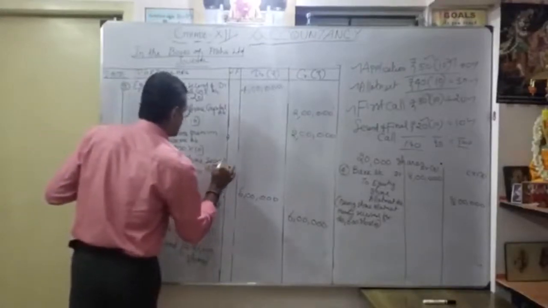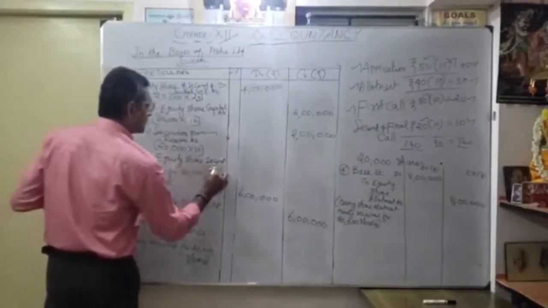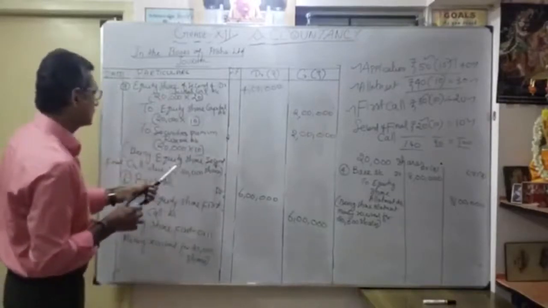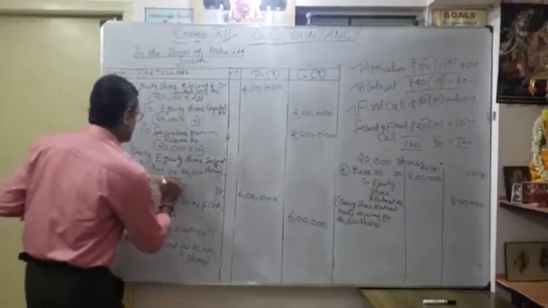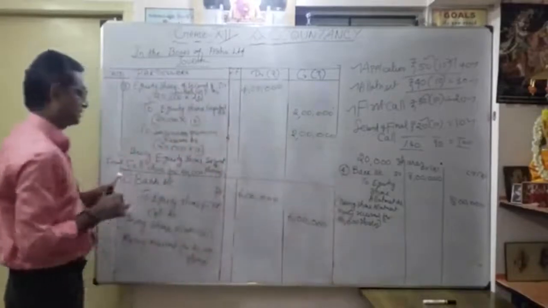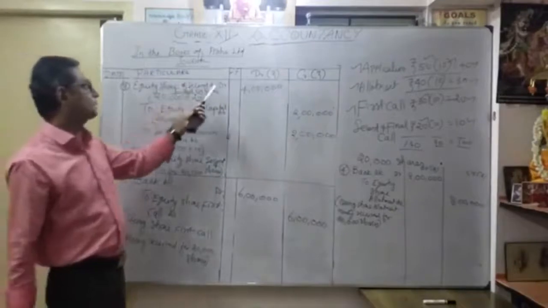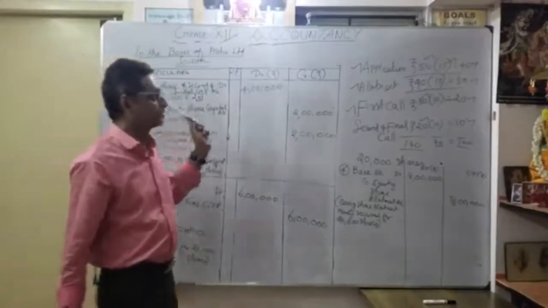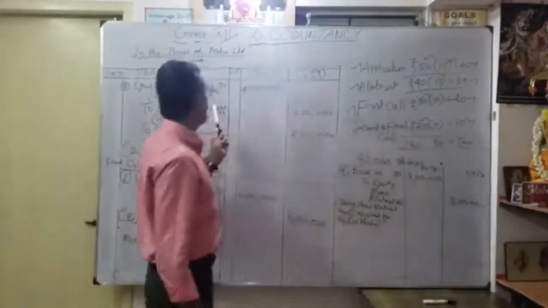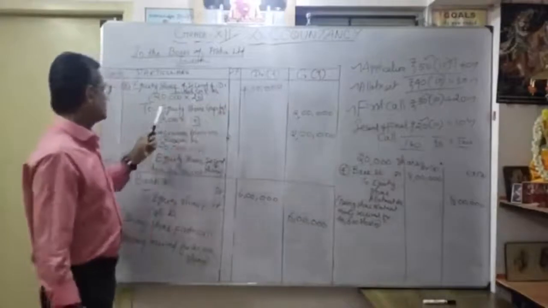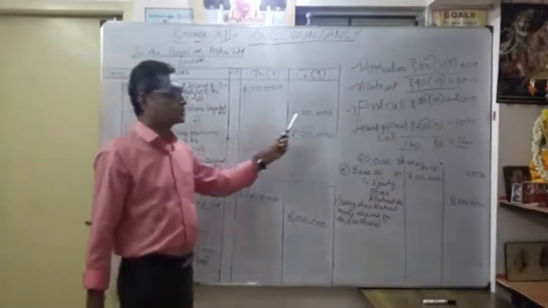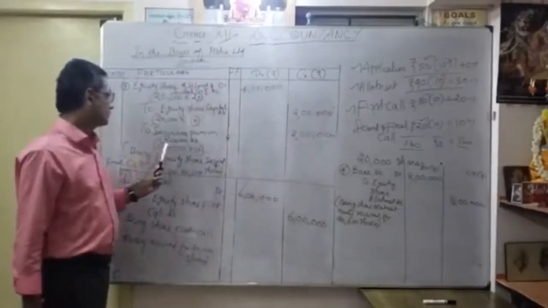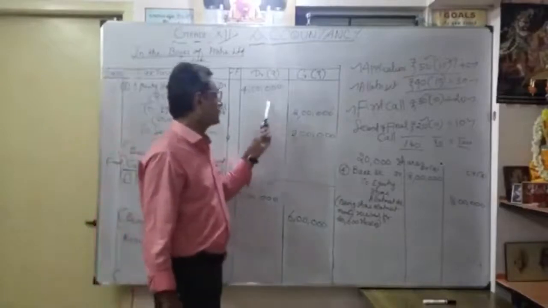Being equity share second and final call due for 20,000 shares. Okay, for this entry it is better to put a dash, which separates every transaction. Understood now? Equity share second and final call account 4 lakhs. In brackets you have to write 20,000 into 20 rupees, total 4 lakhs. To equity share capital account 20,000 into 10, 2 lakhs. That is the only money I am going to transfer to share capital account. Thereafter, securities premium reserve 20,000 into 10, 2 lakhs. Debit and credit are equal.